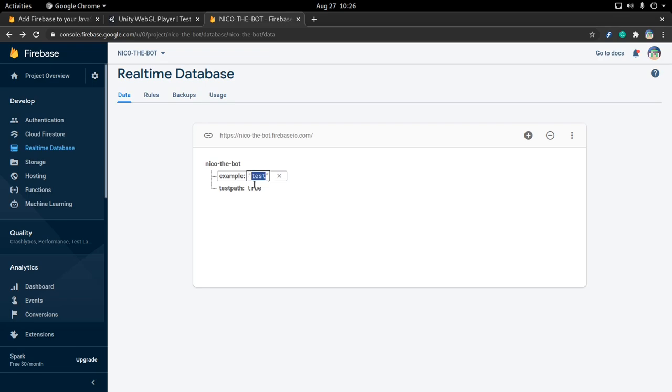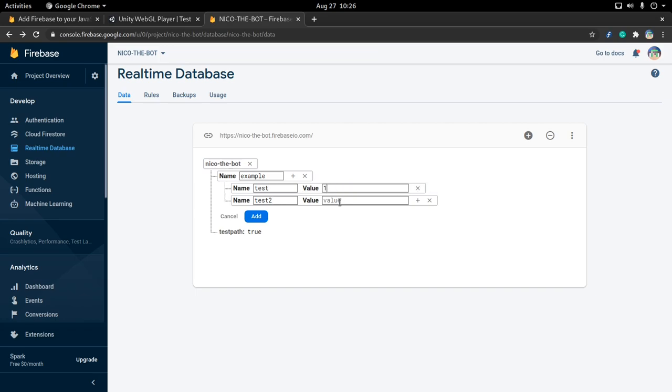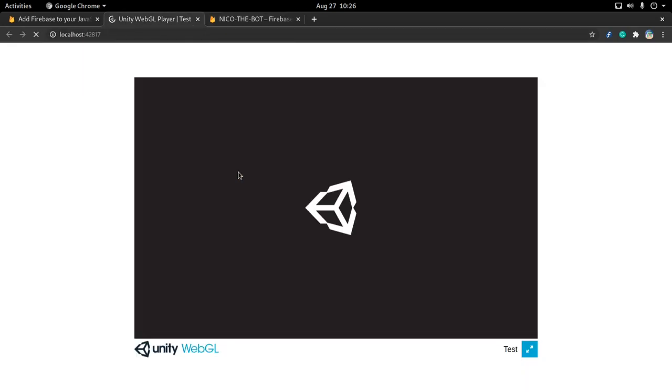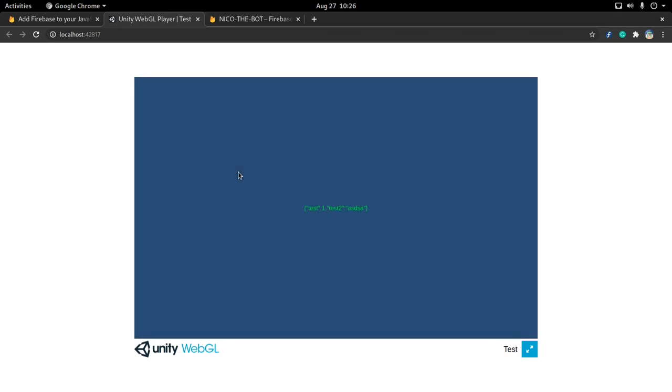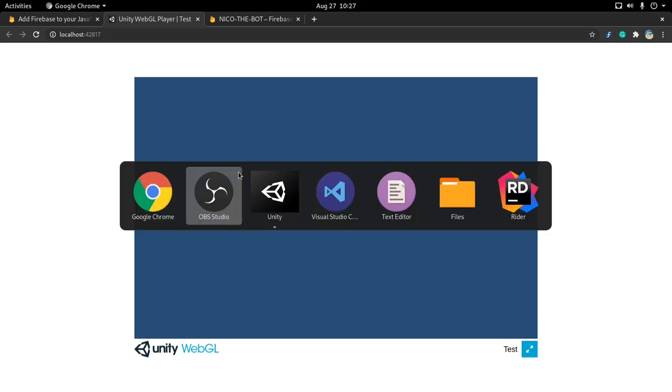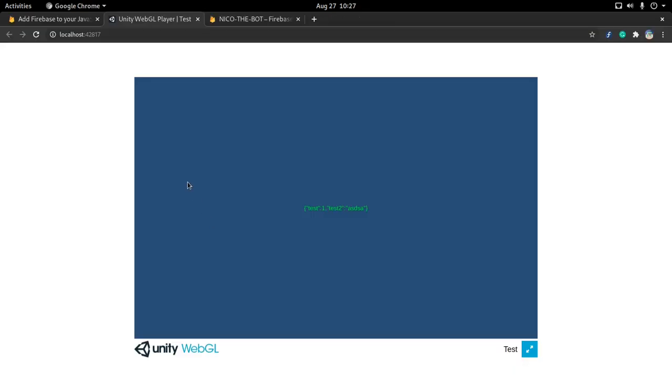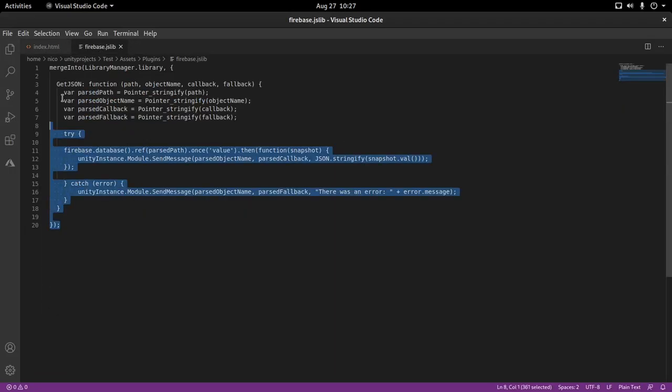And also, if right here we put more complicated data, let me delete this, like our example, and then inside we can put test, then we can put another value, test2, and this is gonna be 1, this is gonna be a string, something like this. If we reload, we're gonna get the entire JSON. And there you go. So yeah, this is just a simple get function, nothing really too complicated, it's just one